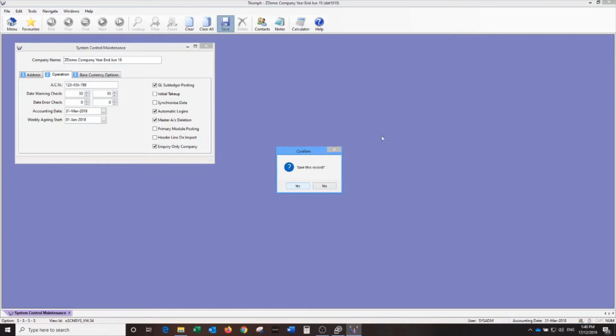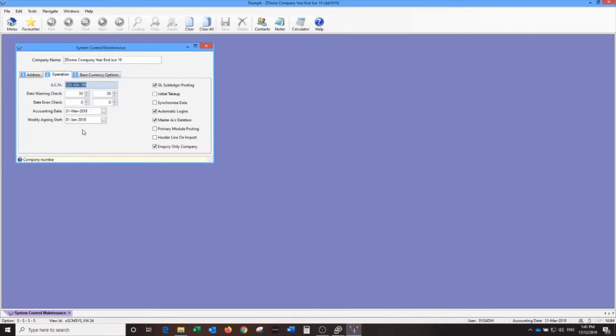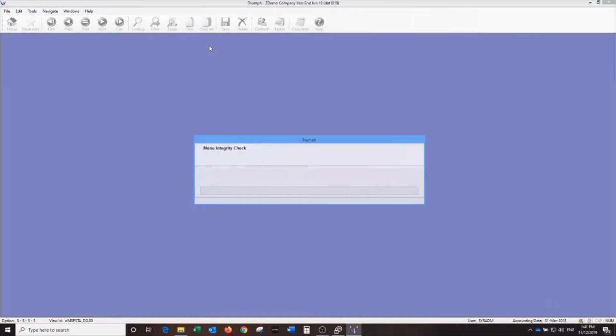If I save that, I expect I'll probably get an error in a second. Oh no, it didn't. I was expecting it to give me an error because if we look down here in the bottom right hand corner, I'm in multi-user mode, and it quite often makes me do this when you're in single user. Okay,